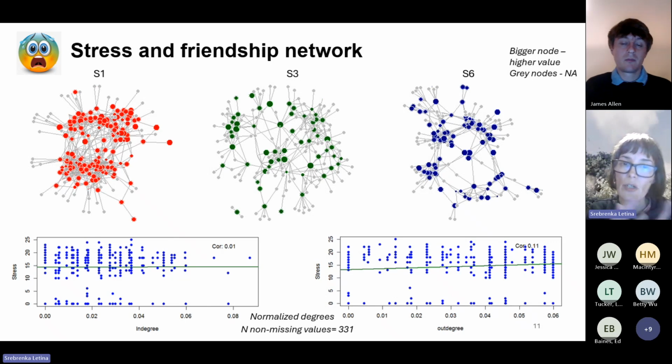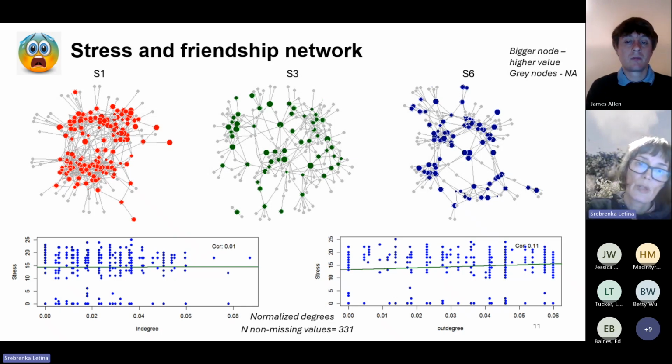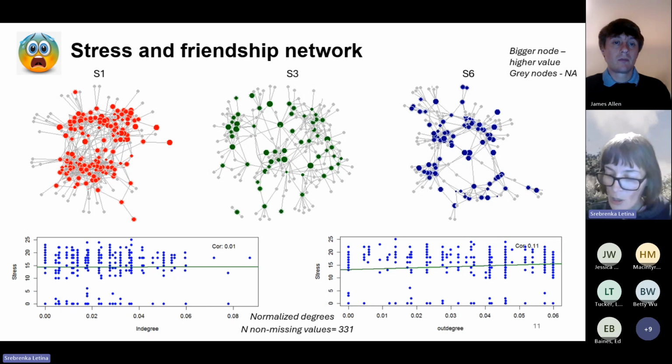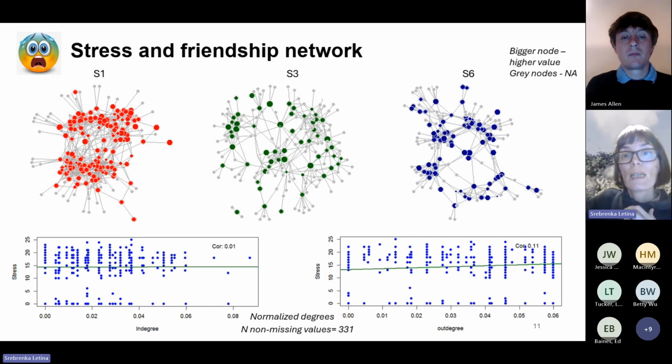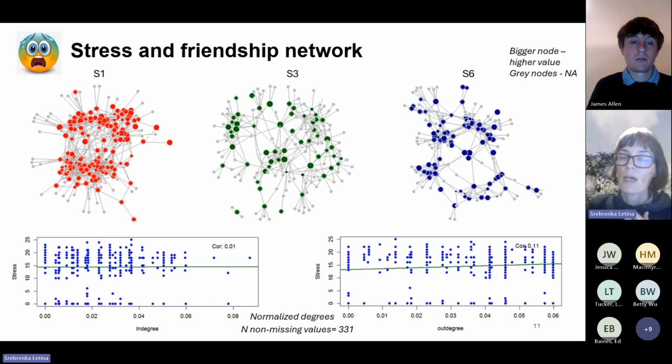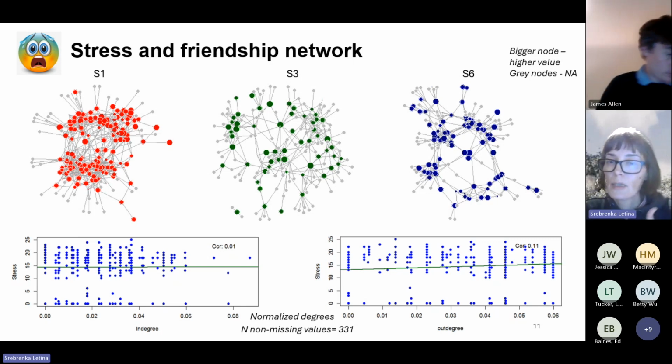But as I said, we are just talking about the network position, but there is so much more to networks, and we can look at it in other ways as well. That would be the positional approach. A more relational approach would be if you think about whether those I'm connected with, and their stress, may be more similar to mine due to a process of social influence or selection. That is not something that you will capture if you just look at in degree and out degree